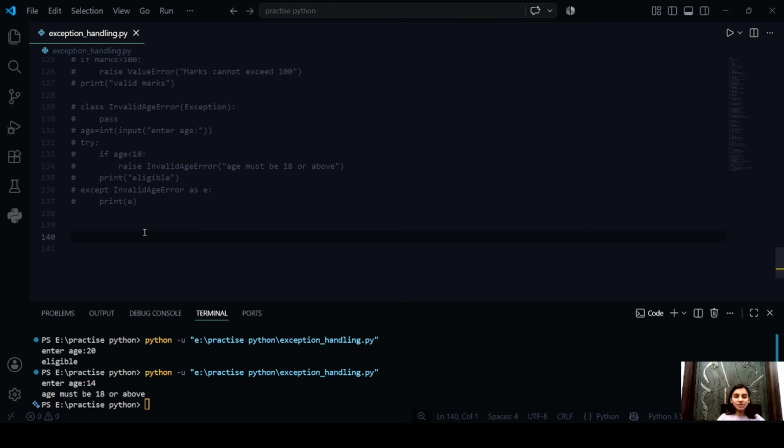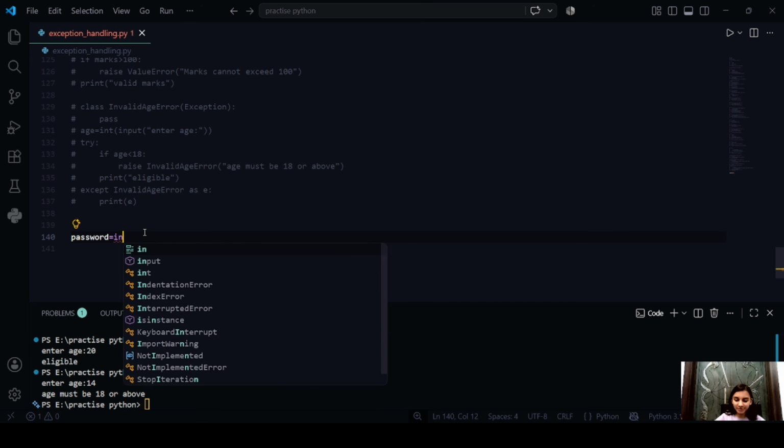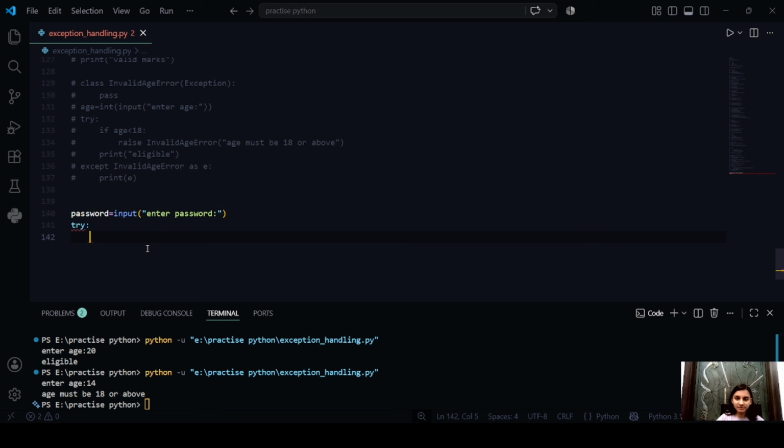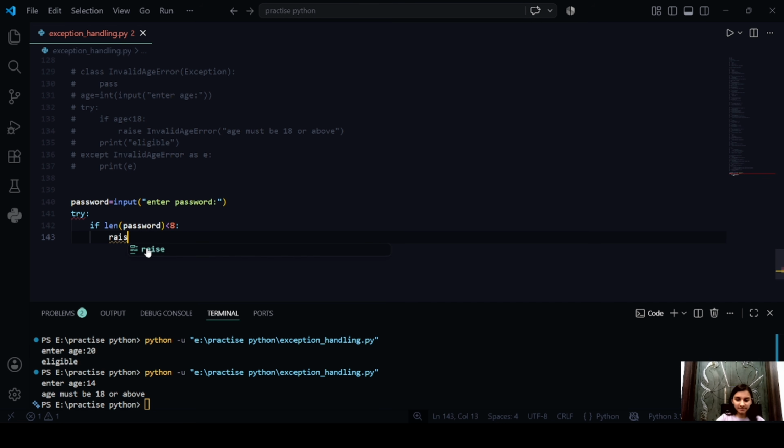Next we have password validation. Supposing we want to try this code now. Supposing I take the input from the user for password. Alright. And now let us start with the try block, in which we'll mention that if the len of password is less than 8, then it should raise a ValueError, supposing,